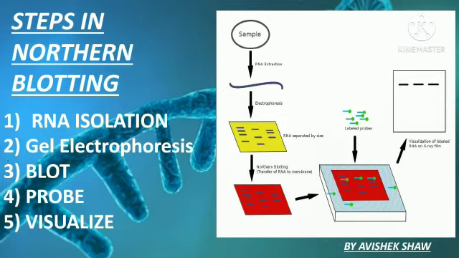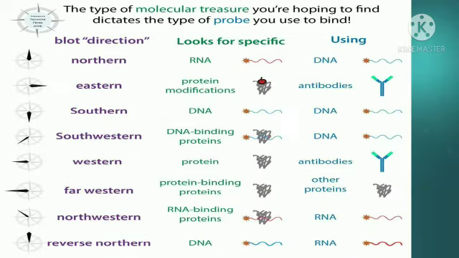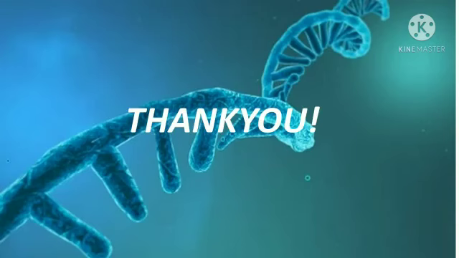So the difference between these two is that in northern blotting, that is, to detect RNA, we are not using 0.25 molar HCl, and we are not doing alkali treatment also. Instead, we are adding 1.5% formaldehyde in the gel. This is the major difference between the two processes.